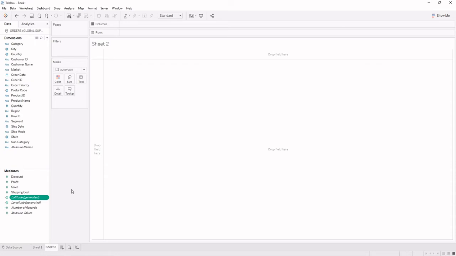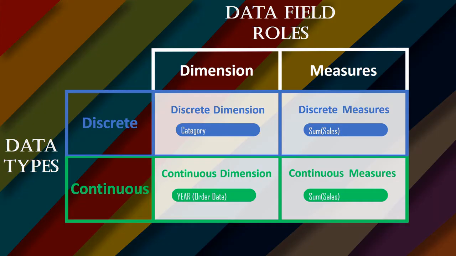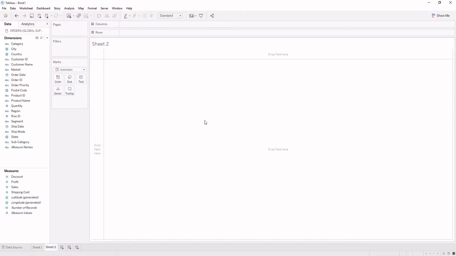So now we would be seeing all possible assumptions of fields in Tableau one by one, where the first one is discrete dimensions. Discrete dimensions are created by using any dimension and assessing it in a discrete way. All blue attributes are by default used as discrete dimensions. Discrete dimensions would be blue in color without any aggregations over them. And you can see here the Category field is blue in color without any aggregation. So here it is a discrete dimension.